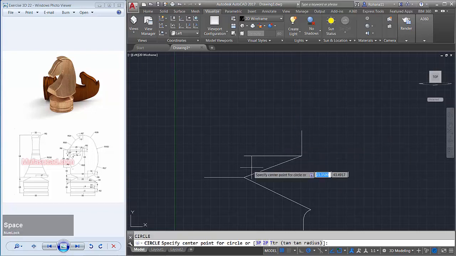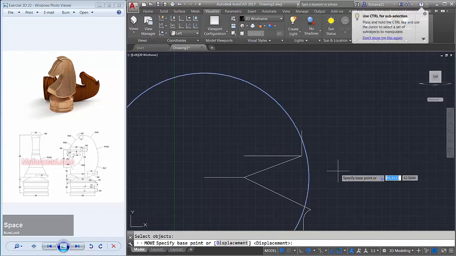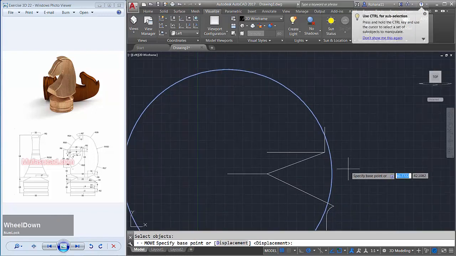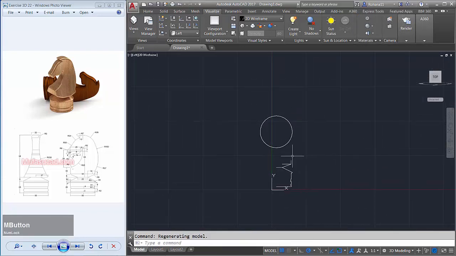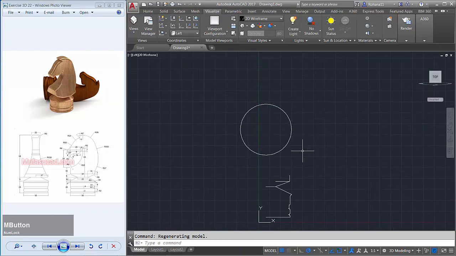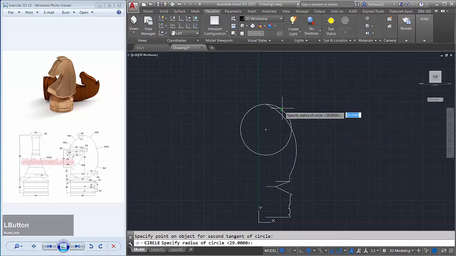I will create circle in here with a radius about 29, and move the last object to the top. Can click here and to the top about 65. Okay, and then I will create an arc from this point with end point. You can select at this point with a radius about 57, and use a circle with tangent. Click at this point and this point with a radius about 100, and enter.